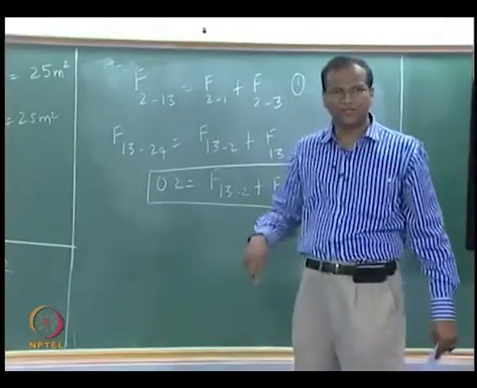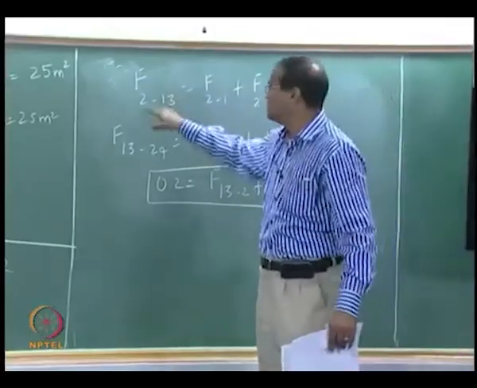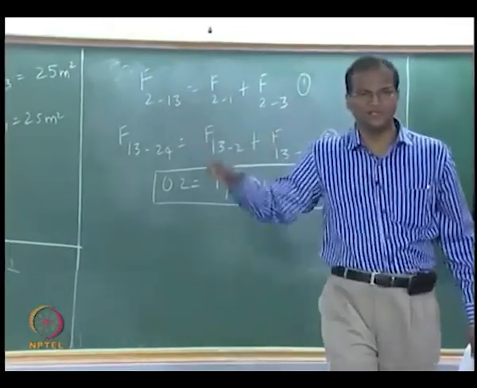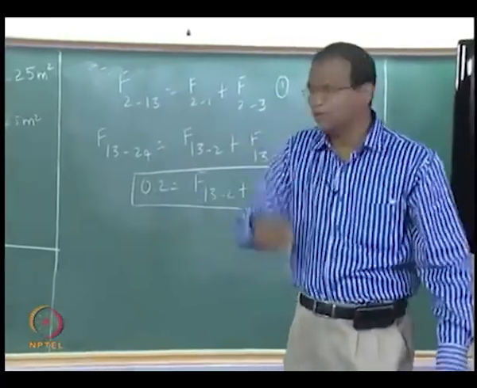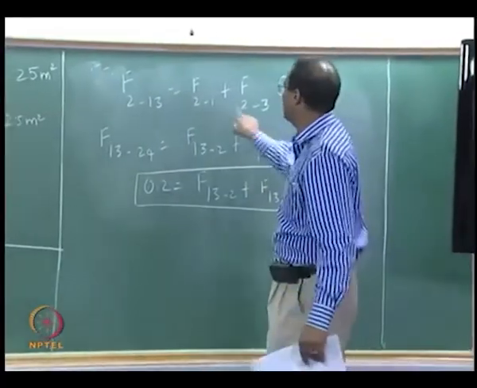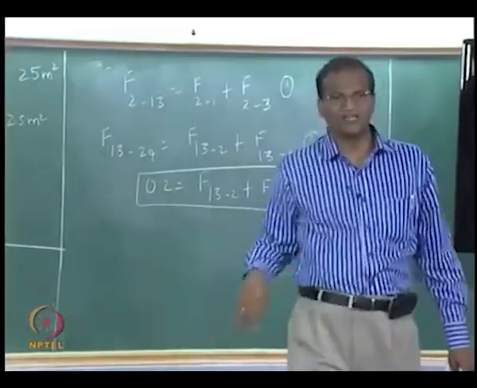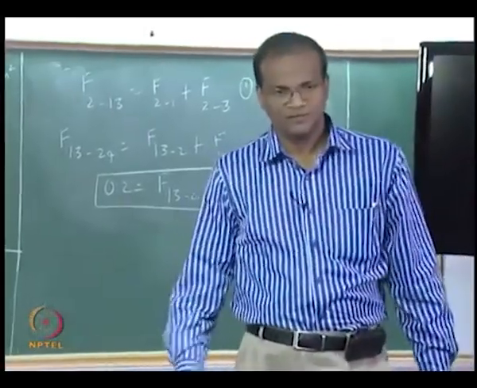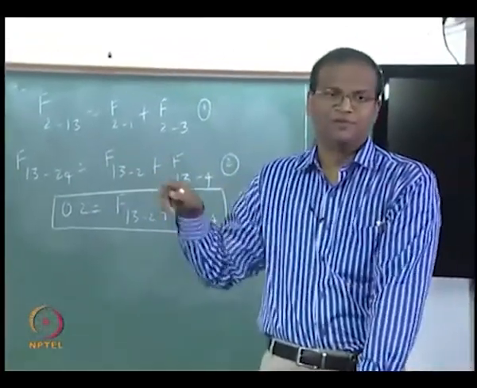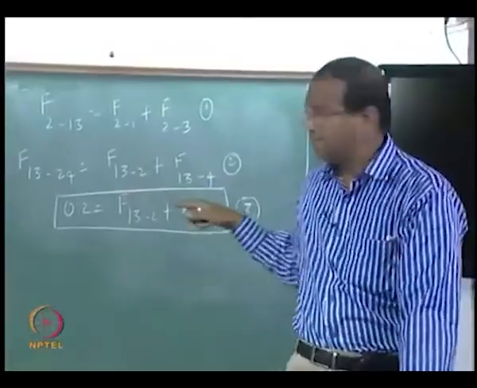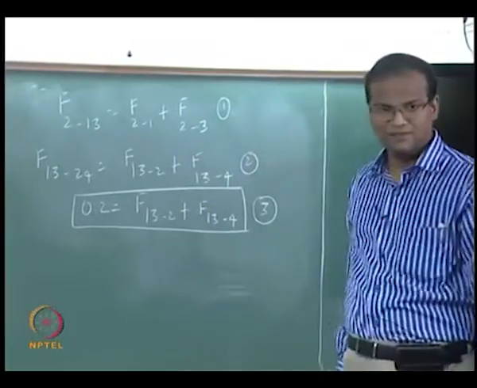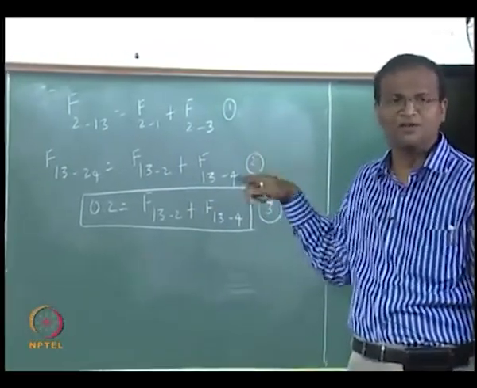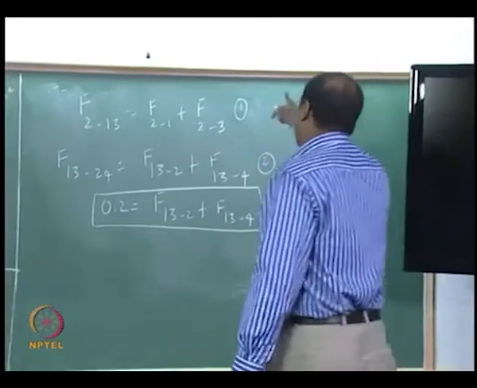I already proved in the last class: if you take F1322, you can't write it as F12 plus F322. If it is going from 2, it is okay for us to write F2 to 1, F2 to 3. We already did it in the last class. But the converse is not true. You can't split F13 to 2 like this. Then A13 F13 to 2 is equal to A1, okay. From 1